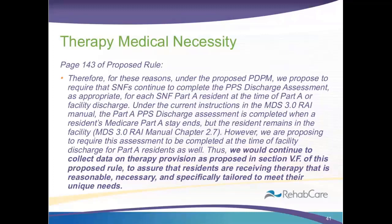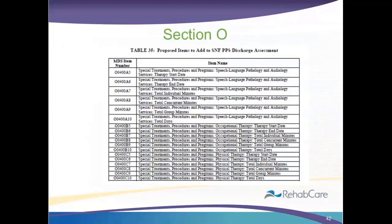And how are they going to do that? On that PPS discharge assessment, there will be a Section O. And here are the questions that they say they are going to track through Section O. And you can see on there for each discipline, they've got a PT, an OT, and a speech category. We want start date and end date and total number of minutes. They're also going to track group and concurrent, which goes back to the previous slide that I talked about,